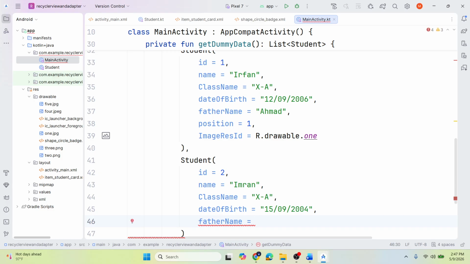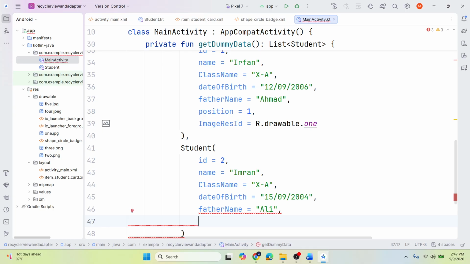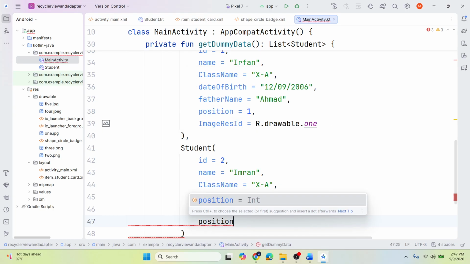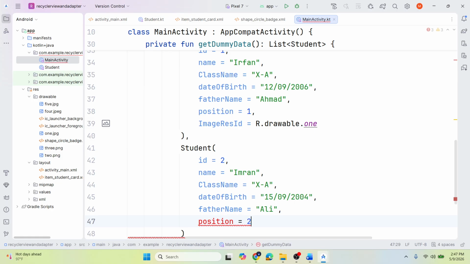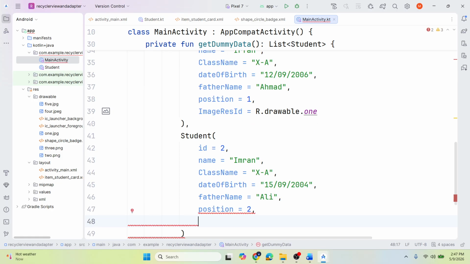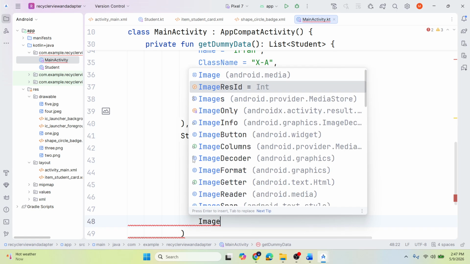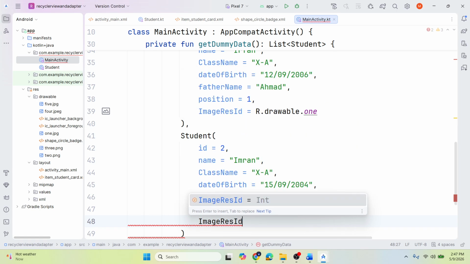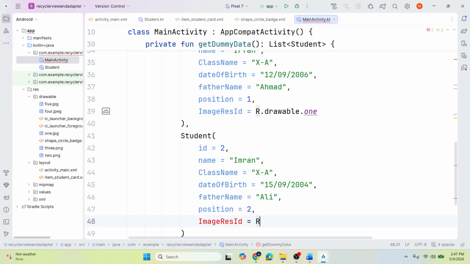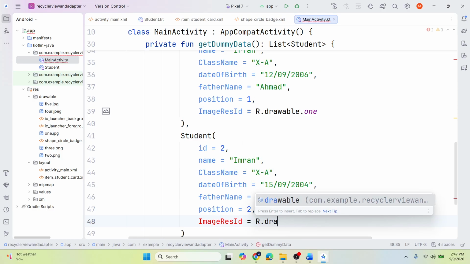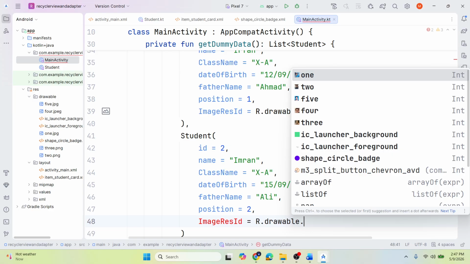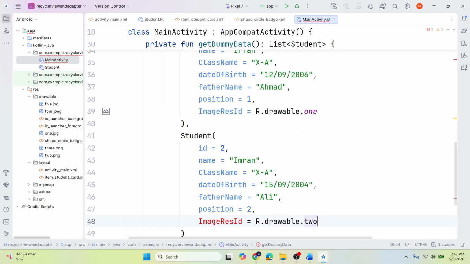Father name Ali. Position 2, image resource ID r.drawable. The second image. So this is our second record,